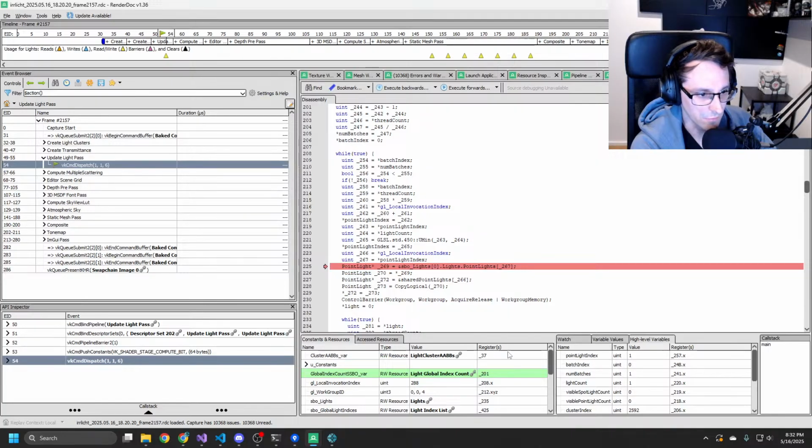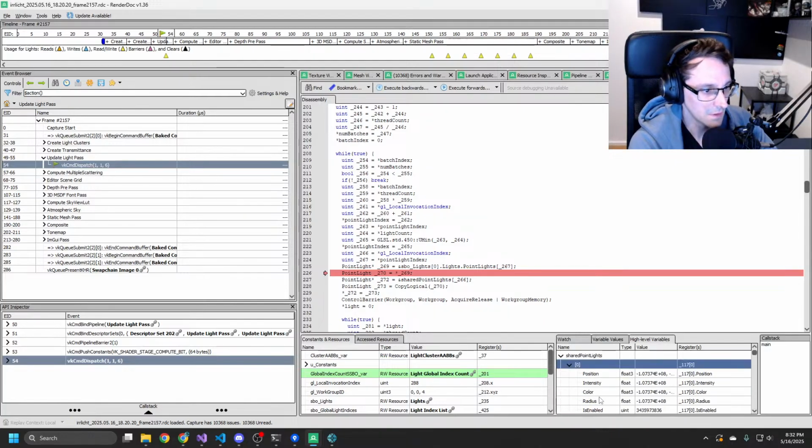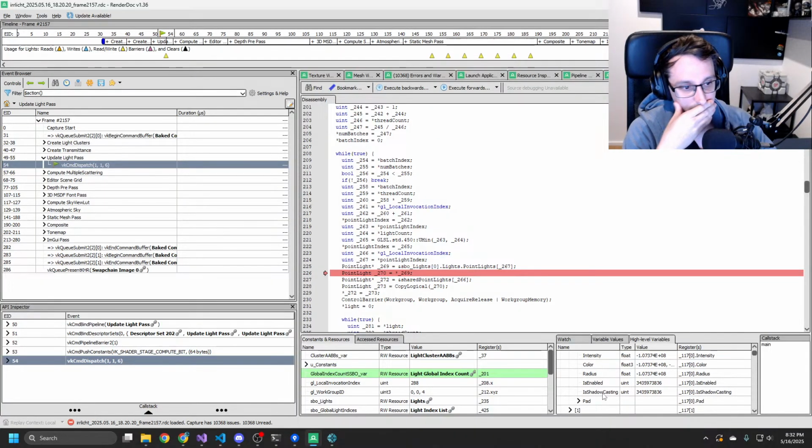Then we have shared point lights. That's bizarre.